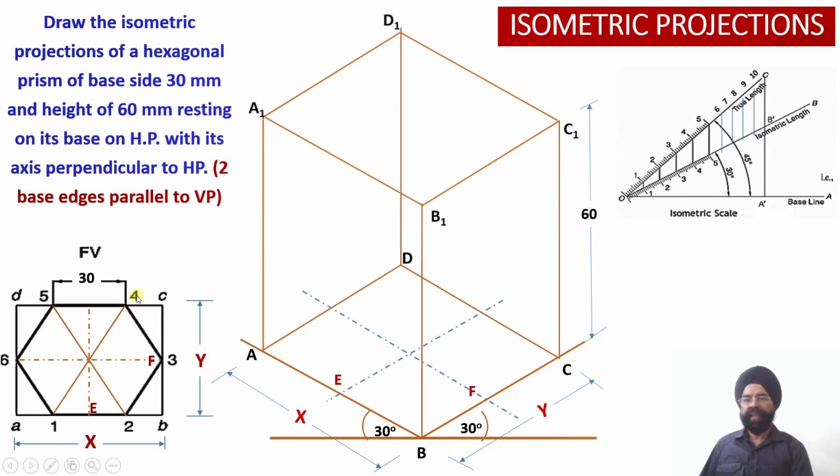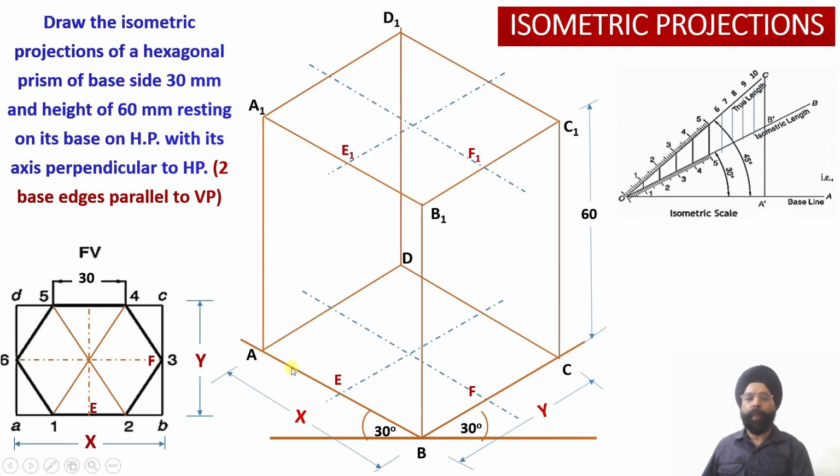Now let me draw it. These are the points A1, B1, C1 and D1. So these points correspond to A, B, C and D points which were lying on the base. Now we have worked out the center point for the base. Same way we are going to work out the center point for the top face also. So A1 to E1, the first center line will be drawn. B1 to F1, the second center line will be drawn over there. Now we have drawn the top rectangular face and we have also completed the bottom rectangular face for this hexagonal